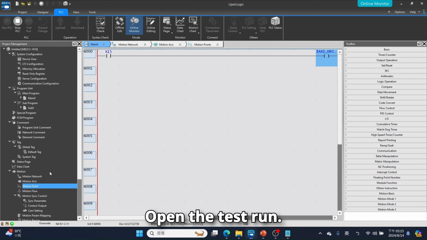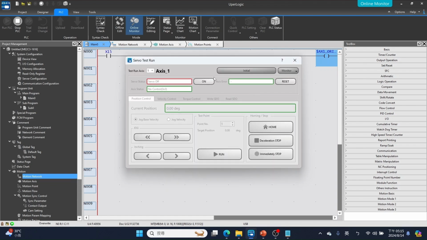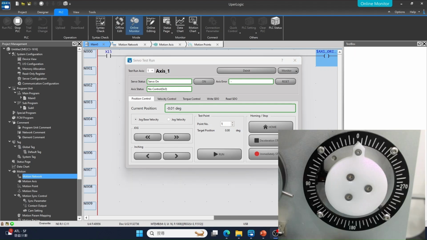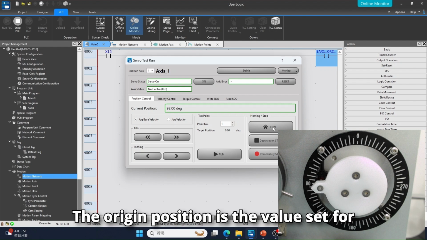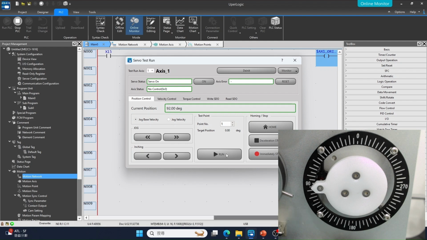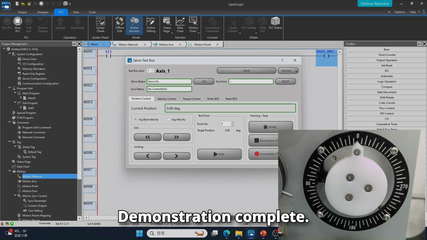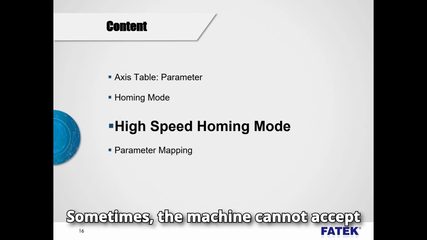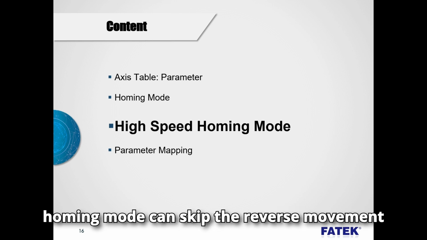Open the test run. Execute the origin function. The origin position is the value set for the origin offset, 92 degrees. Run point 1 back to the 0 scale. Demonstration complete. Sometimes the machine cannot accept reverse movement, so the high-speed homing mode can skip the reverse movement of